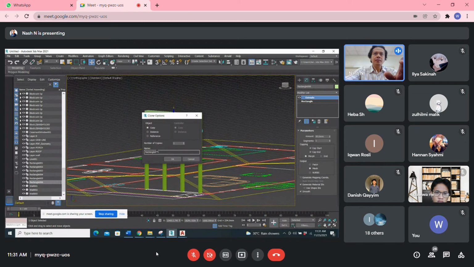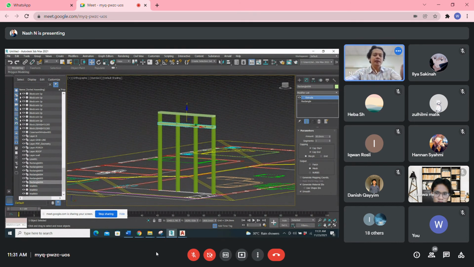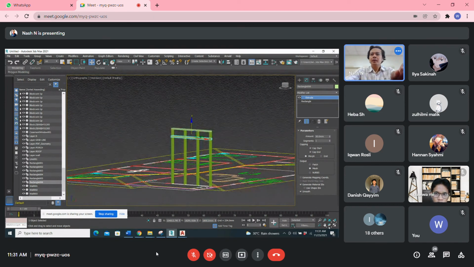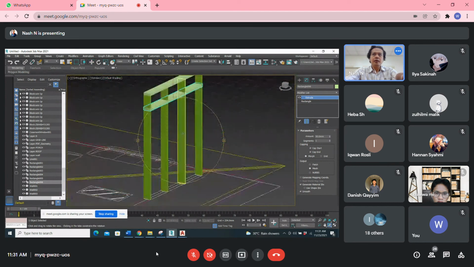And then you can put a copy, yes. And then put it 300, 1000 to 1800. Like that. Okay, that is something like the casement, the top hung.